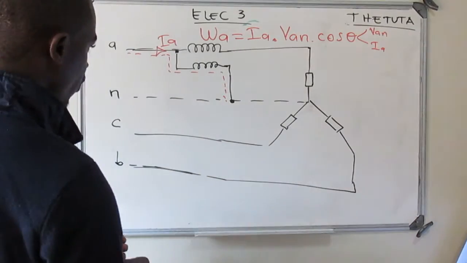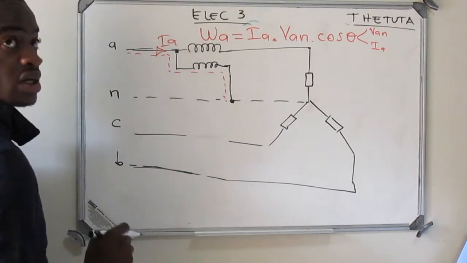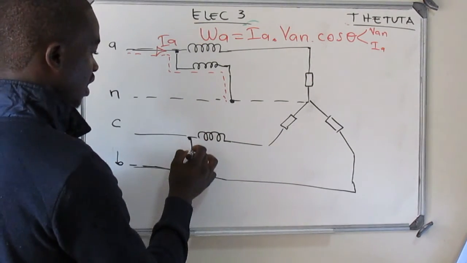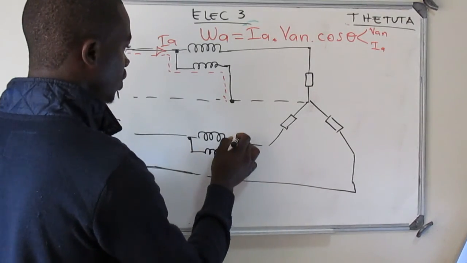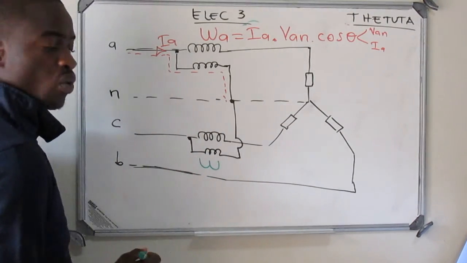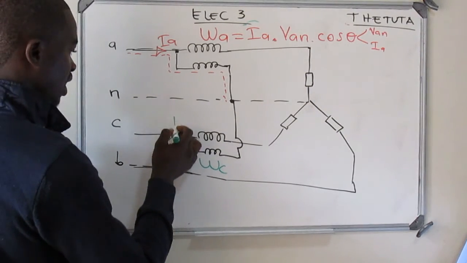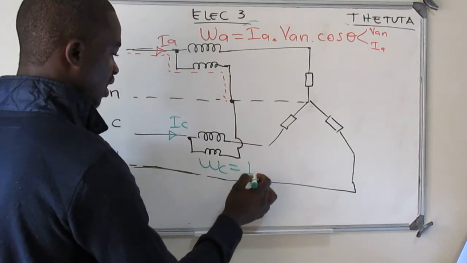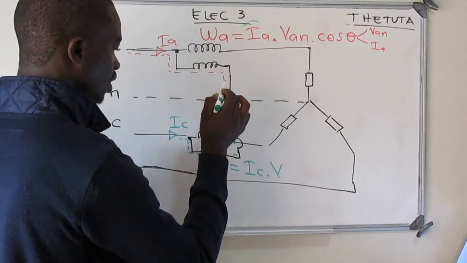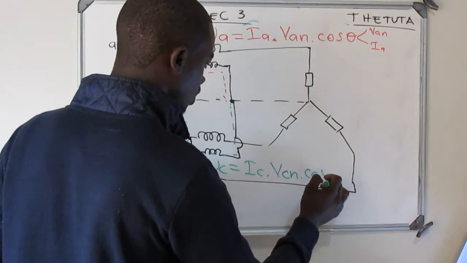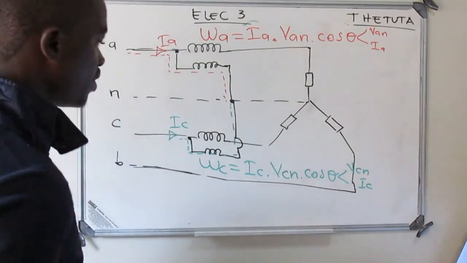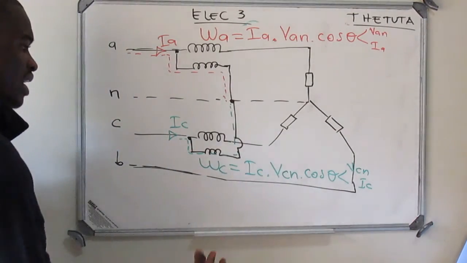And then if they say another wattmeter was connected in C, for instance, then you come here, you put your wattmeter current coil in there, and then the voltage coil there, and it goes to the neutral point. So again, what's going to be the reading of wattmeter C? First of all, we have the current IC, times the voltage from C to the neutral, VCN, times cos of the angle between the voltage VCN and the current IC. You can do the same for B, and the same for A. No matter what happens, that's how you read.